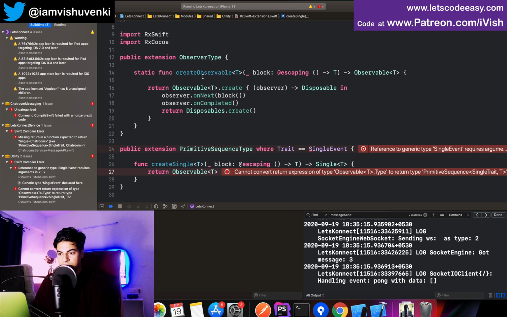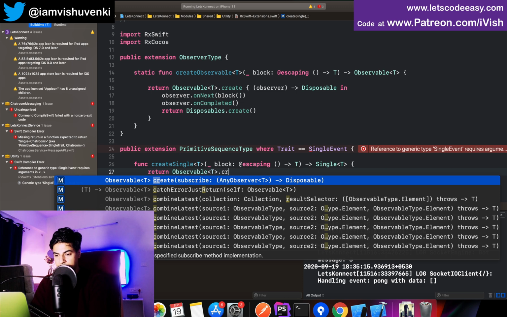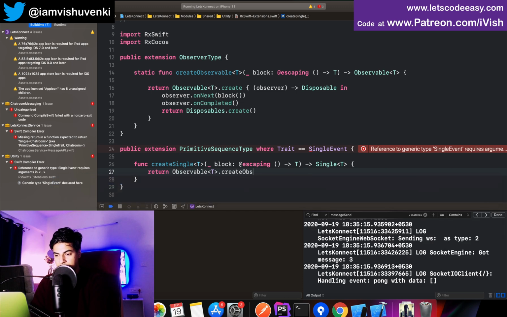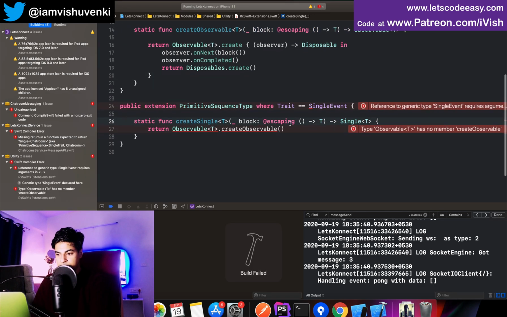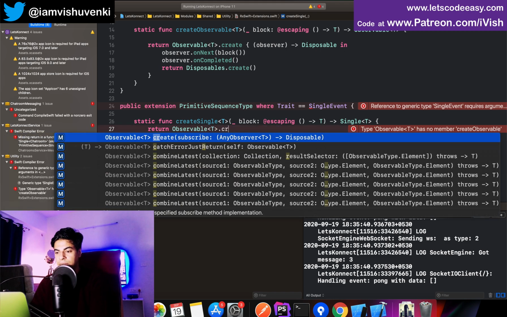Return create observable, this function. Observable has no member create observable. Is this compiled properly? Okay, that's the reason, this is not a static function. So now this should be available. Dot create,